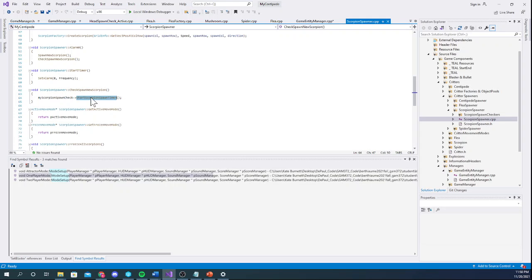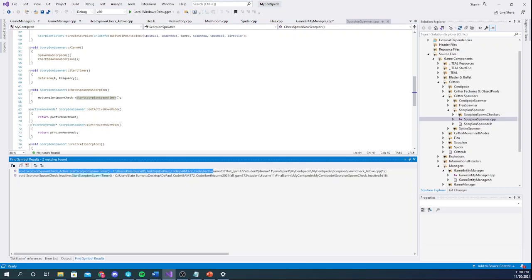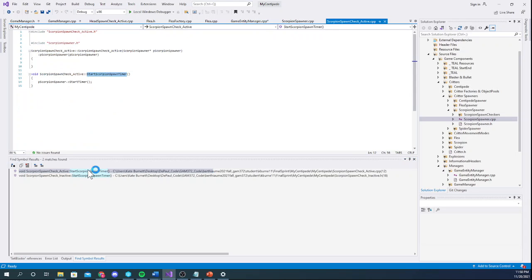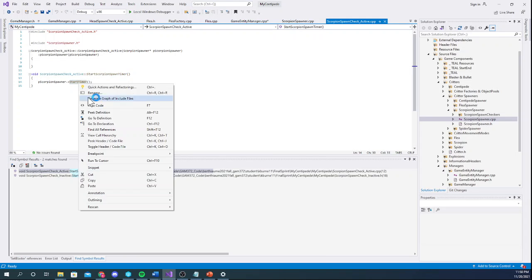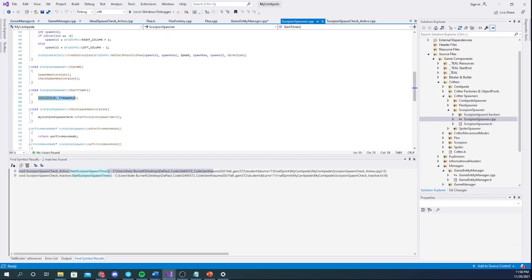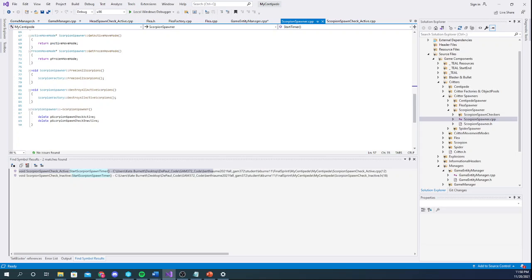This depends on the strategy, right? If it's off, it's just not going to do anything. But if it is active, then you're going to start the timer. Starting the timer literally just sets the alarm based on the frequency, which once again is received from the wave data. And once that alarm is hit,